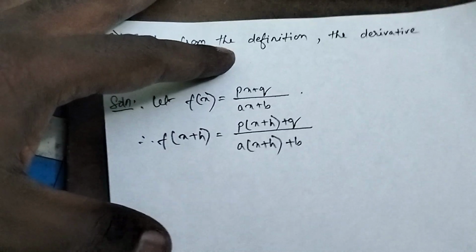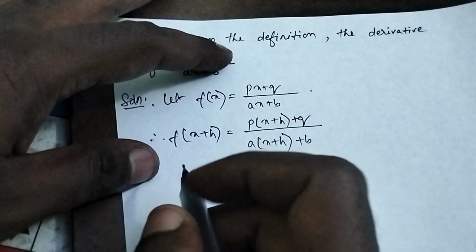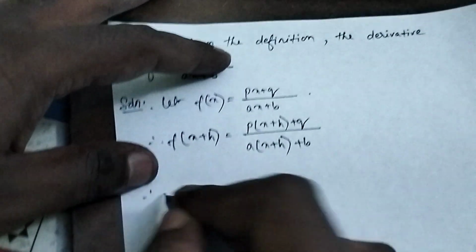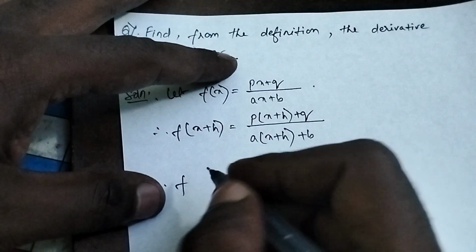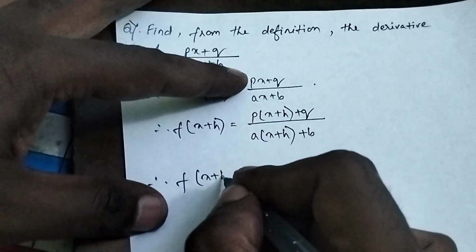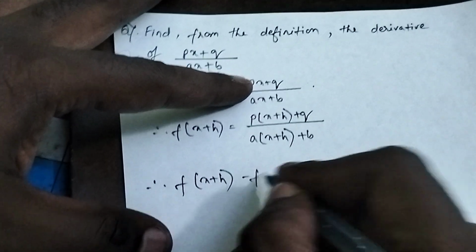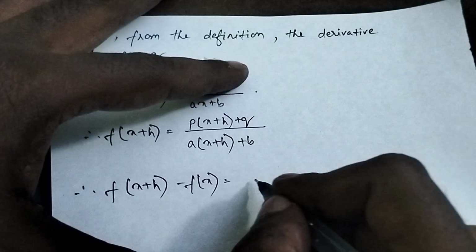Clear? Okay, so now therefore f(x + h) minus f(x) is equal to